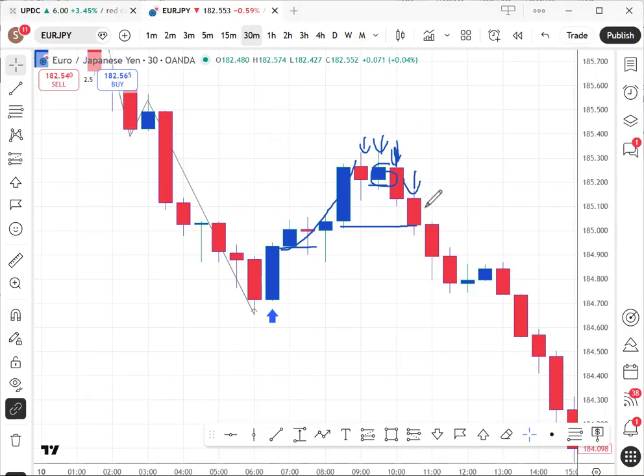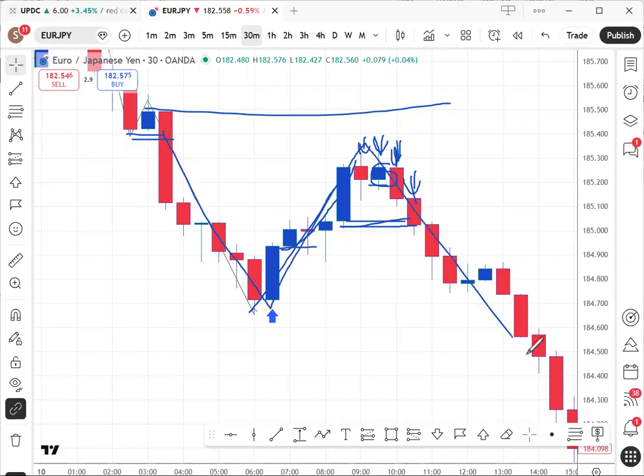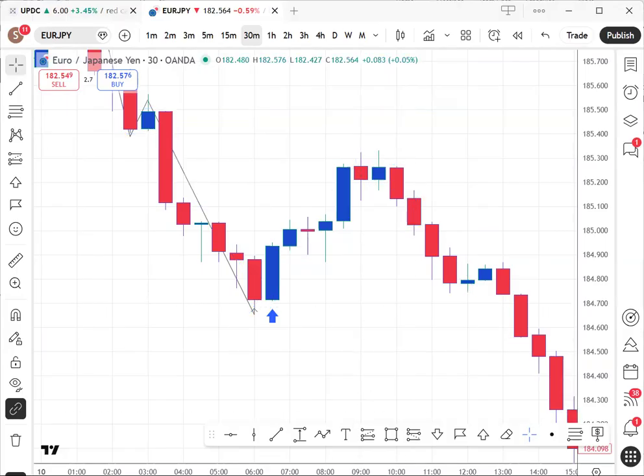So do you have the courage and the presence of mind, the mindset at that time to say, okay, I'm seeing rejection candles, I'm seeing break of structures, mini break of structures, if I may call it that, right? Because once this push, your main break of structure was down here, right? This is the main break of structure, pull back, and then continuation downwards. And if you look at it, this one gave a massive, massive push down.